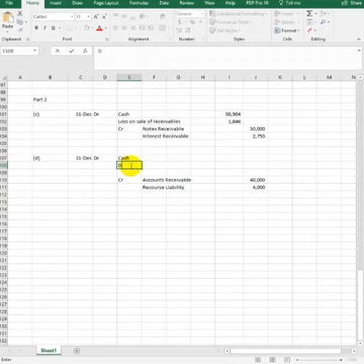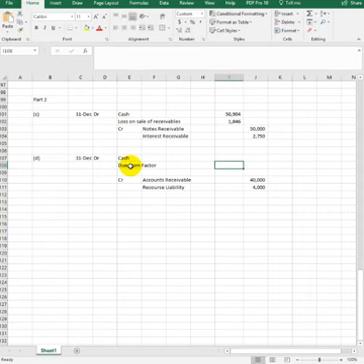So that is due from the factor. That's money that they will pay us. If they collect everything without any trouble, they'll owe us that money. And so they're basically holding on to part of the accounts receivable, and they're going to pay us the